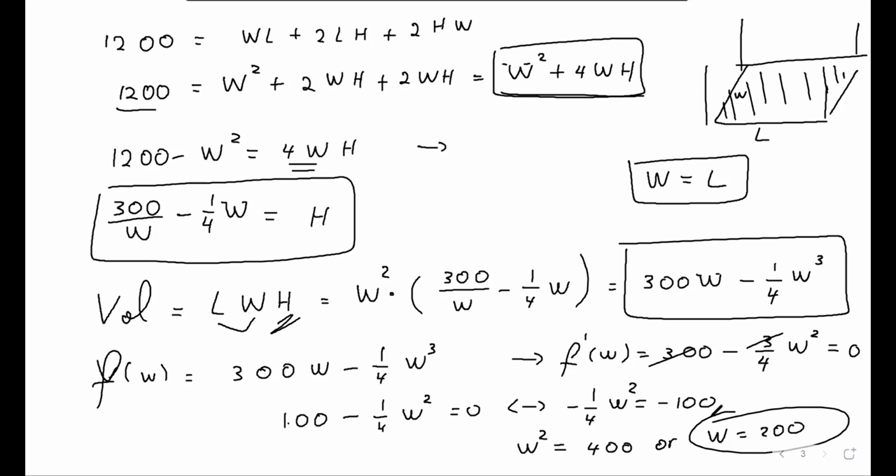So we got that dimension of a box W to be 200 over here, and then the length is also 200 over here. So we got both the length and the width as being 200. The height is going to be what's missing from this formula. In fact, I have a formula for the height. It's the one that I boxed over here, and you can plug in 200 and you can see that this is 300 over 200. So that's going to be 3/2, minus 1/4 times 200, which is going to be minus,